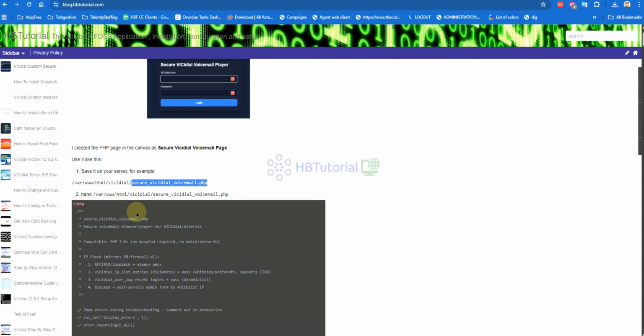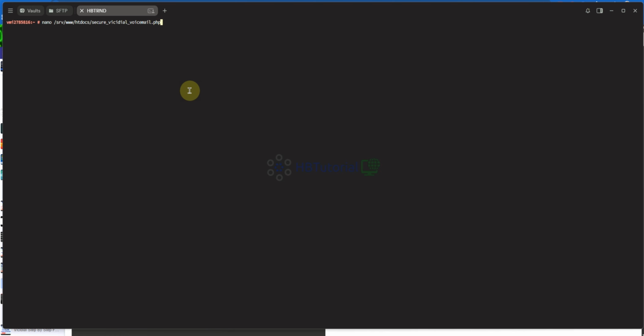Then verify. You can put it on the BC dial page if you want, so in the PHP htdocs BC dial directory.